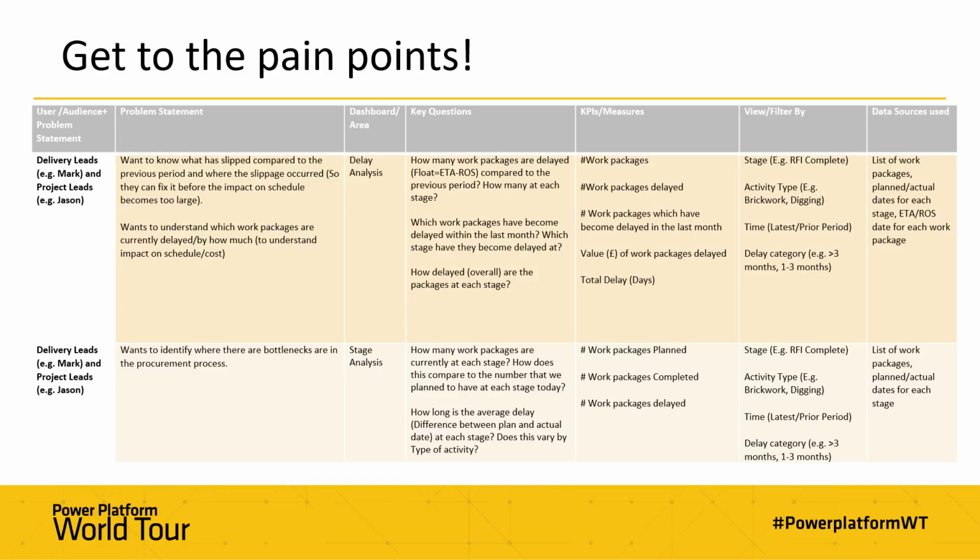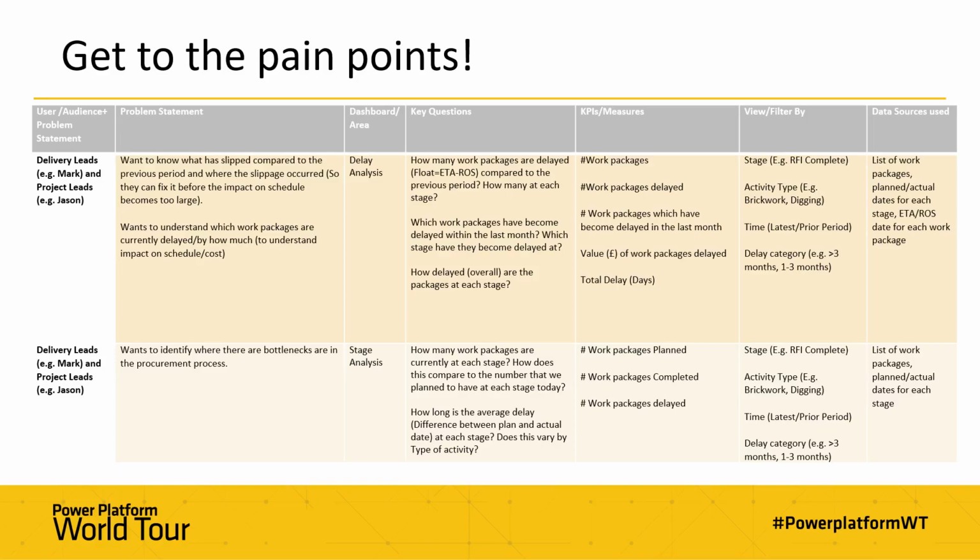But what I had to do then is take a step back and really talk to the stakeholders about what they wanted to see. And when I had those conversations, what I found out is that they're really interested in not so much how long each stage takes, but really those last two fields, that ETA and ROS, and actually the difference between those, the delay, or what they call the float. There are some work packages which they know are delayed, and they've been delayed for some time, and yes, they're interested in seeing that delay and how many they've got more than a month delayed or delayed by a couple of weeks.